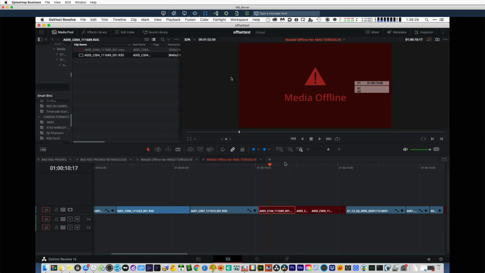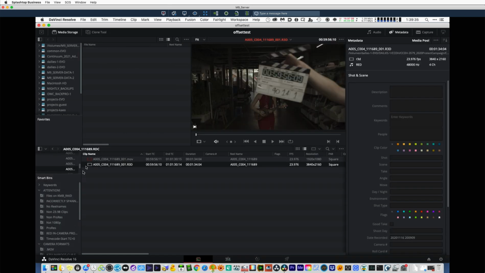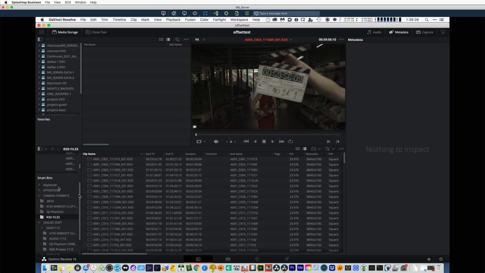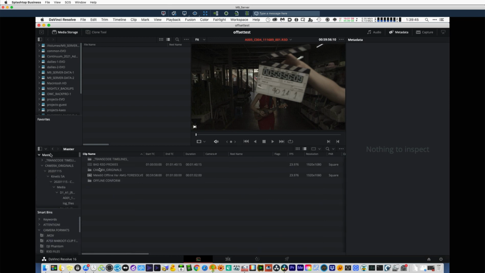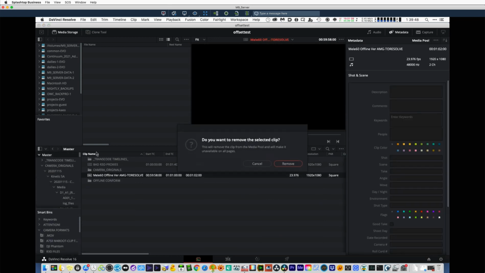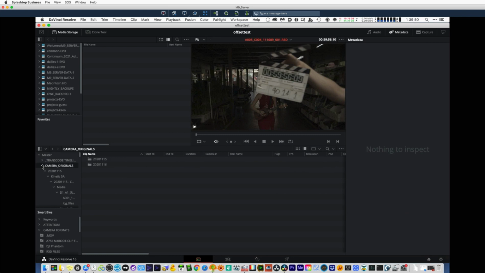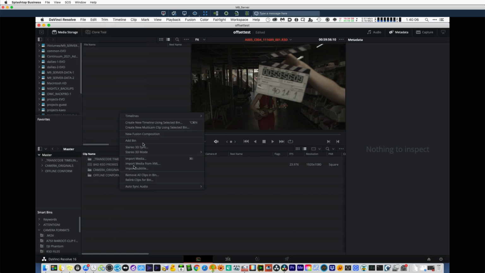But I remembered that Resolve has a, well, it's not a new feature, it's been in there forever, but I've never used it, but it's perfect for this. So let's get rid of this imported timeline. So rather than having to go through the trouble of manually conforming each clip and slipping it one frame, there is a feature in Resolve called, oh, this actually has to be in the media storage